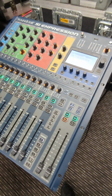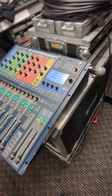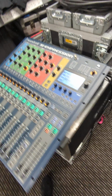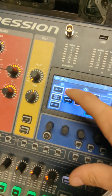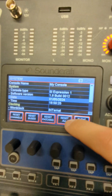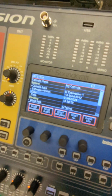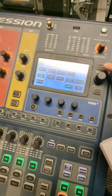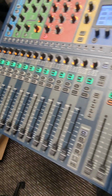In this video, I'm going to show you how to reset the Soundcraft and patch the Stagebox inputs and outputs. The first thing I do after I power up the Soundcraft is I go to System and I go to Reset All. That undoes all of the patching and restores it to the default patching. It's also going to bring all your gain knobs down and the trim knobs down, and should look like this,